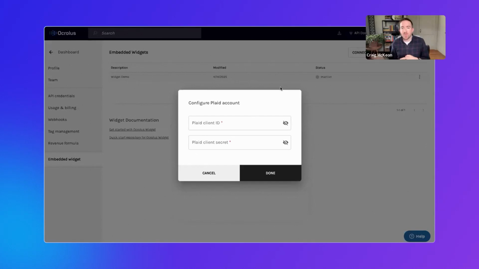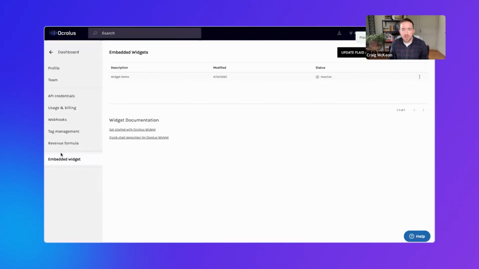You'll want to go to your Plaid dashboard and copy over your Plaid client ID and client secret. For demo purposes, we'll just put in an example today. This will still show us the functionality that's available, and you'll click Done. So your Plaid keys are now encrypted. They're stored securely within the Ocrolus system. We're reducing any exposure risk by just having it securely on here. You can update these keys at any time by selecting the Update Plaid Account Details in the same section. But that's it. Your Plaid connection is now securely set up for your organization,